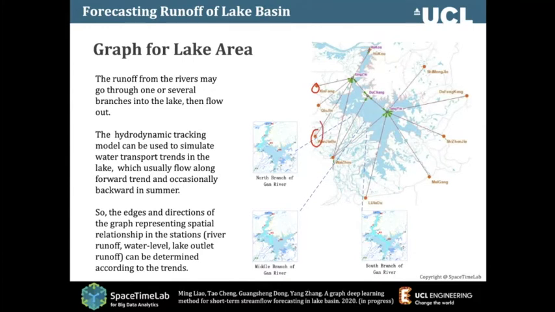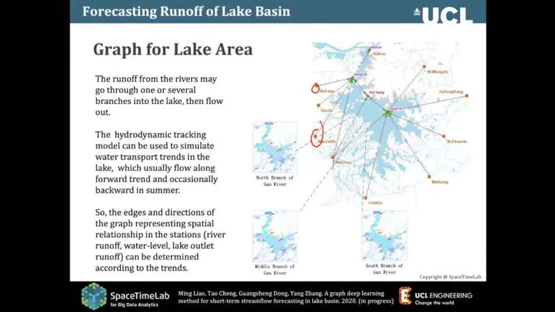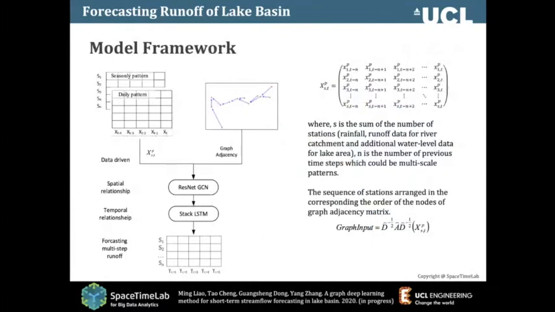Basically we use our simulation to really understand the direction of the flow. Then we model them. As you can see, for example, at this branch, the water comes from this very small point, goes to this point here, and when the level of the lake is low, the water goes to the lake, and when the water of the lake is high, the water can come back to the sub branch. So that's why we have a directed graph.